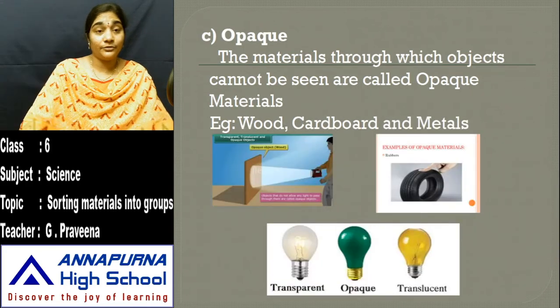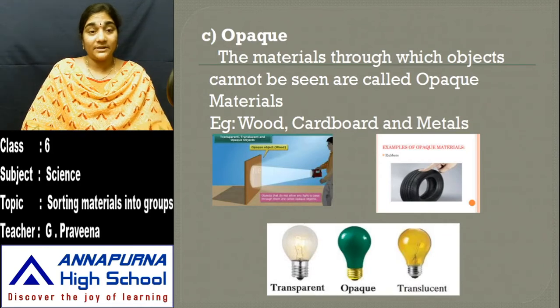Yes, there are a few other objects which completely do not allow us to see any material through them. For example, hold a book in your hand and try to see some material which is present behind that book. Are you able to? No, you can't see that material. It is because the book held in your hand is an opaque object.